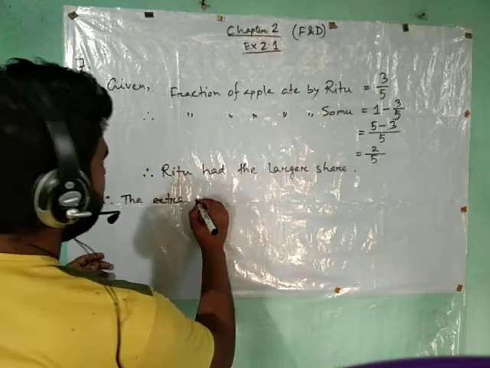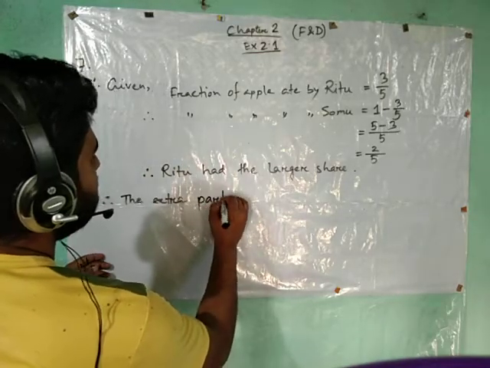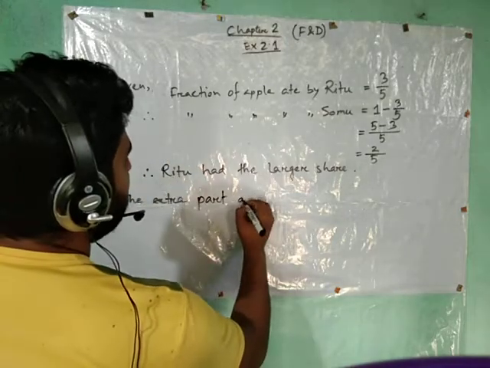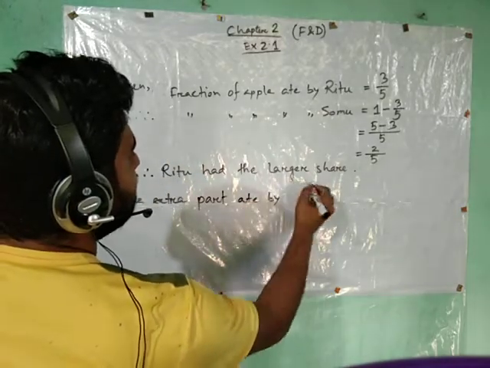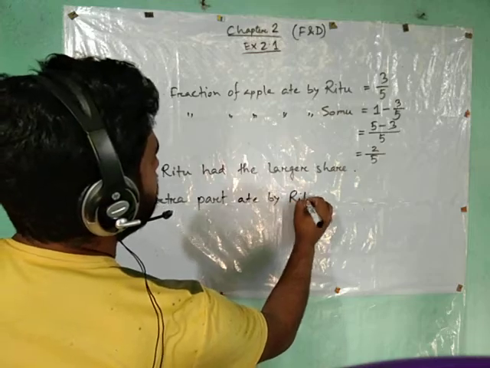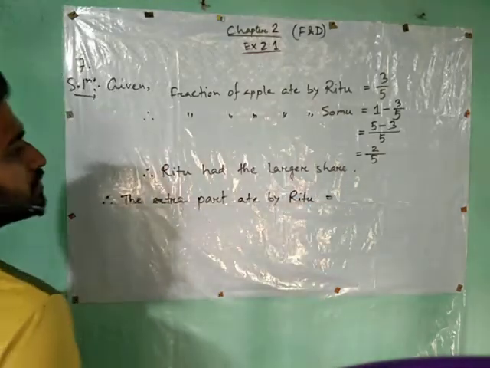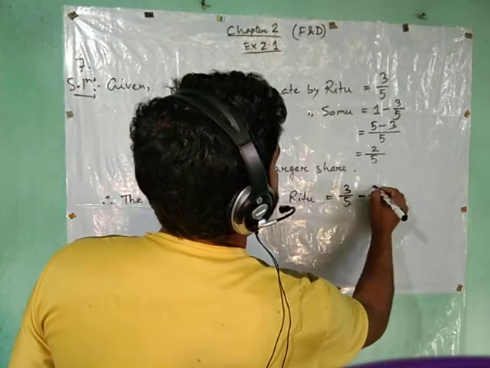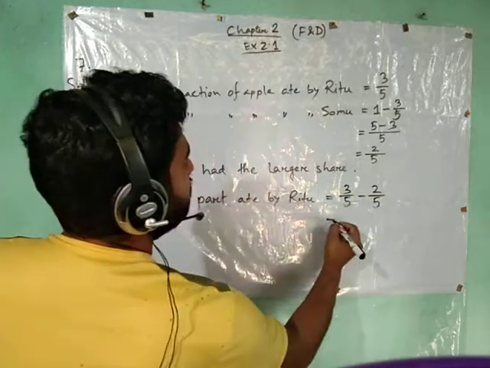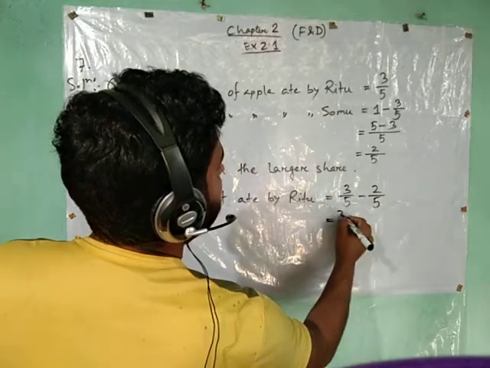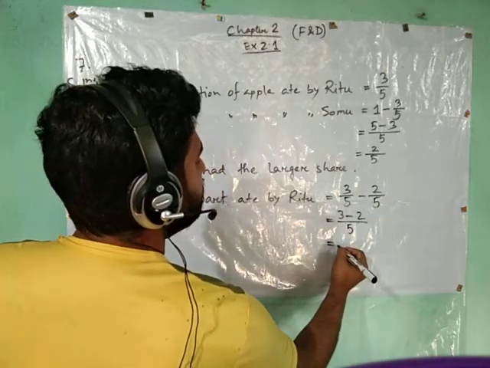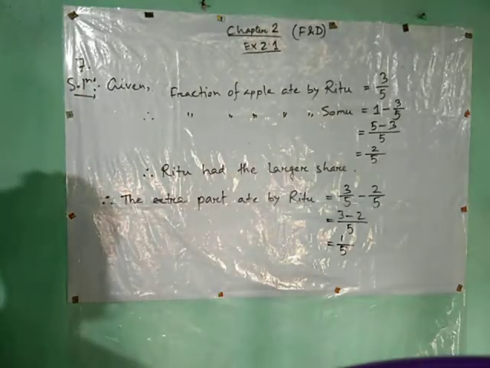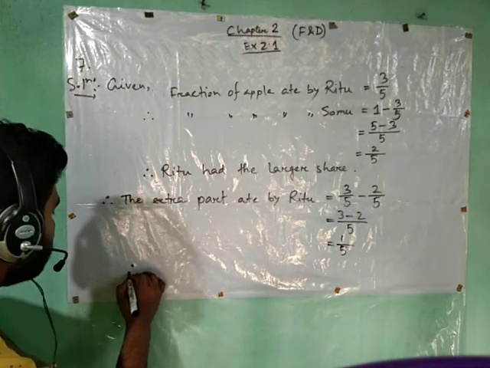Extra part eaten by Ritu equals to how much? 3 by 5 minus 2 by 5 equals to how much? 5 ऊपर होगा 3 minus 2 नीचे कितना होगा? 1 by 5. Any doubt? So therefore यहाँ पे लिख देना, therefore